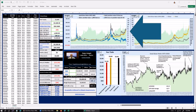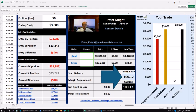The weekly 50-year chart now shows the weekly value of your 10-ounce gold position, 1,000-ounce silver position, the blue line, the 1975 through 2025 weekly difference between them, relative to the ratio in green. Our entry of 100.12 to 1 shows in cell P41. Our position is balanced. Translated, we're short 10 ounces of gold at $3,328.30 an ounce, or we owe 10 ounces of gold that we need to buy back at a lower price